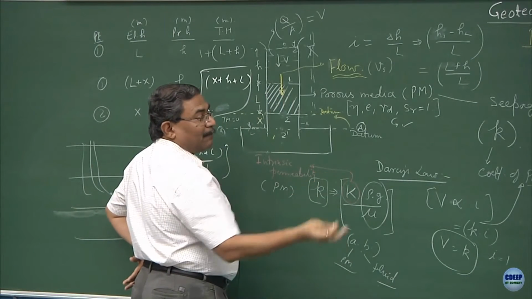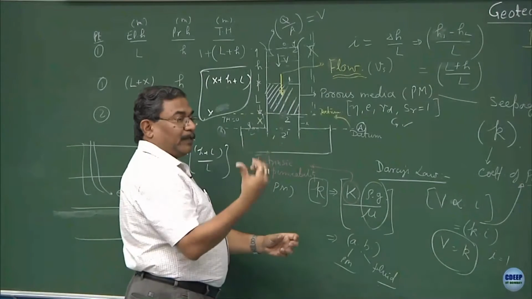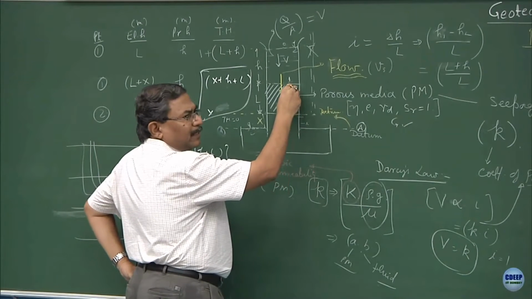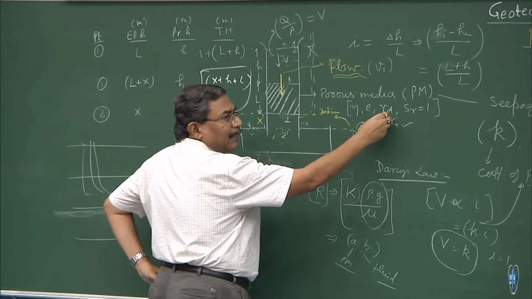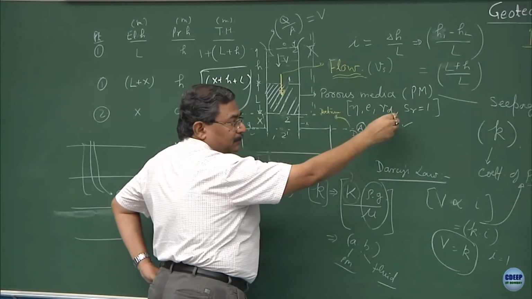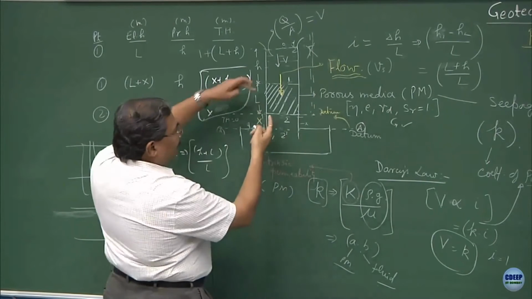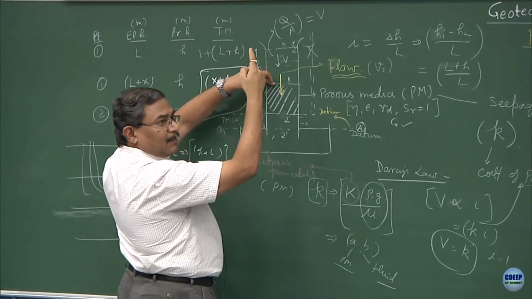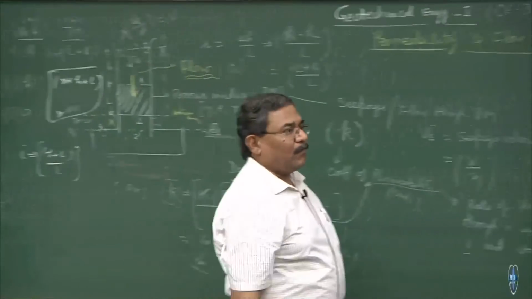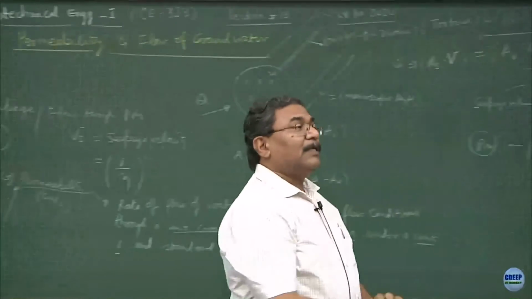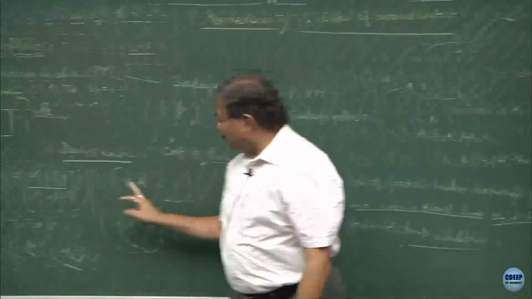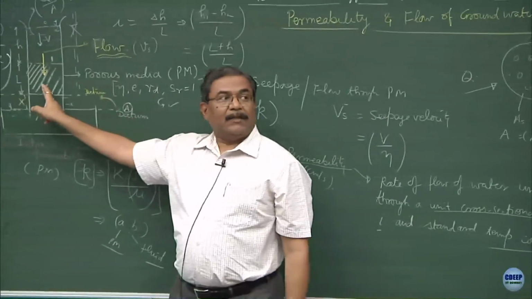So, what happens in the wells when you extract petroleum? This is a soil slurry. So, this could be a slurry, very dense slurry of some porosity and some gamma d. You remember your Stokes law which you did in particle size distribution. So, I might be having a slurry through which the gases are passing, through which the water is passing, and I want to find out what is the flow. So, your concept is that if you have sands, still all this is valid, K is valid, seepage is valid, okay.